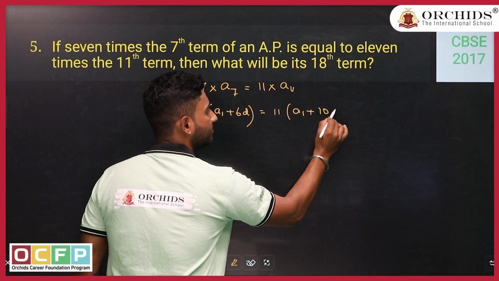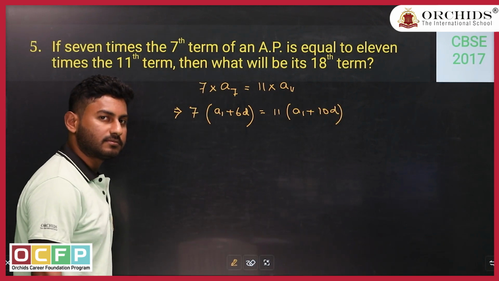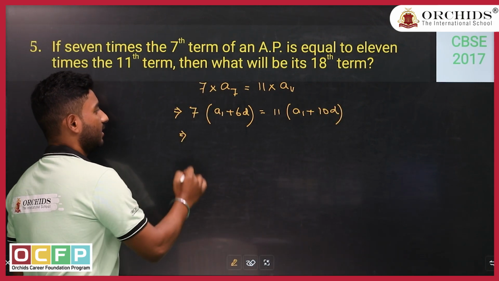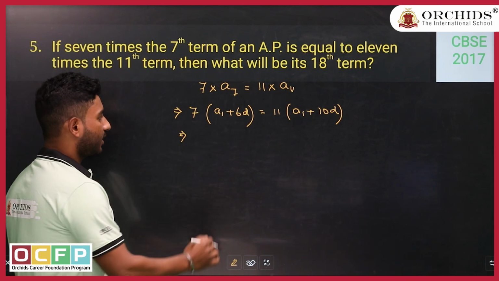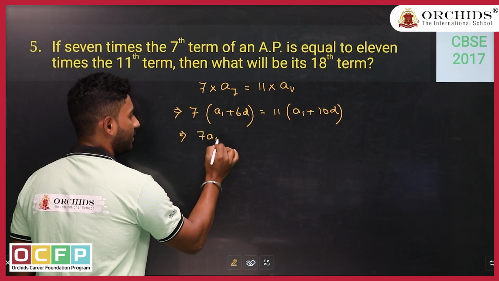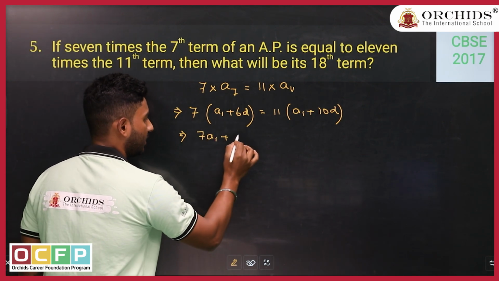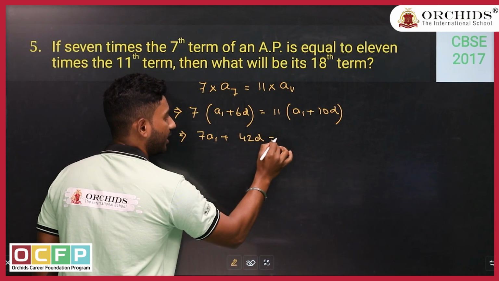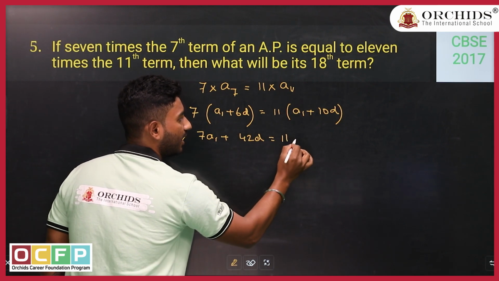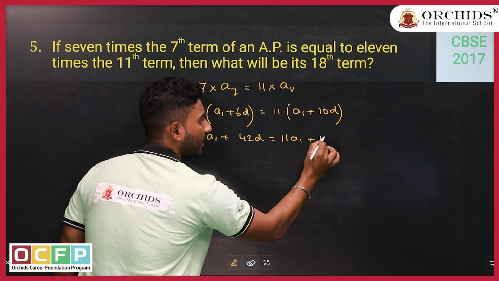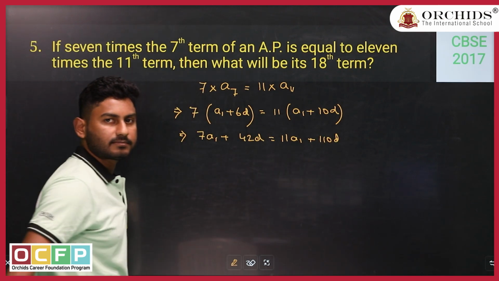A1 plus 10D. Great job. Multiply it. 7A1 plus 7 into 6, 42D equal to, multiply them, 11A1 plus